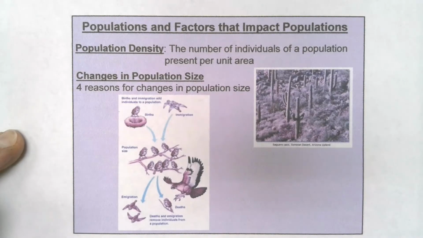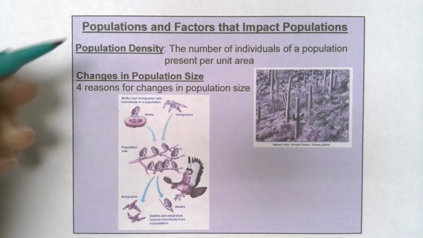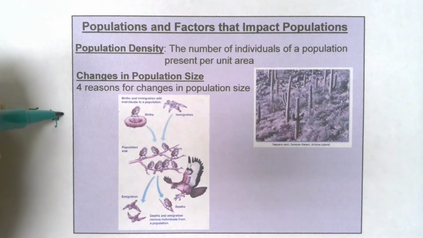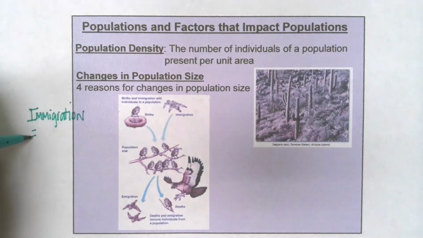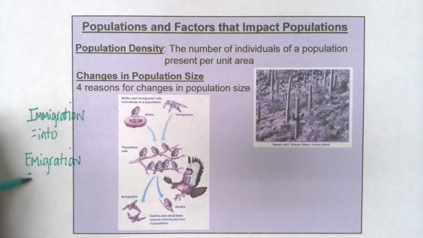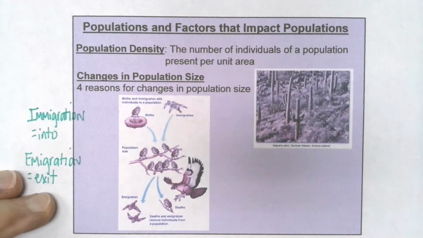Okay, so notice, even though we don't tend to enunciate quite like that, immigration with an I. Okay, I'm going to run out of room that's not in the white here. But that means think of that as into the population. And emigration with an E, think of it as exiting the population. Okay, to help you remember that. So those 4 things are going to dictate population size. In the grand scheme of things,